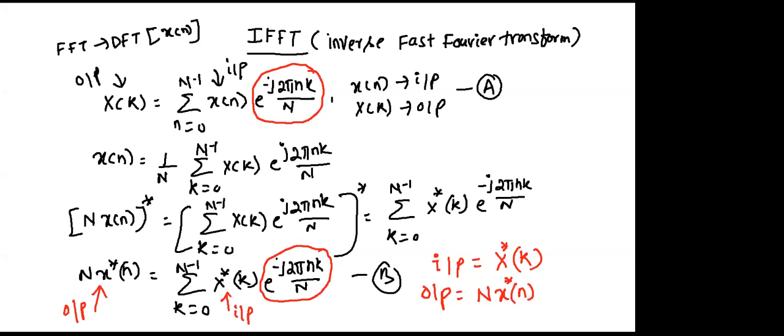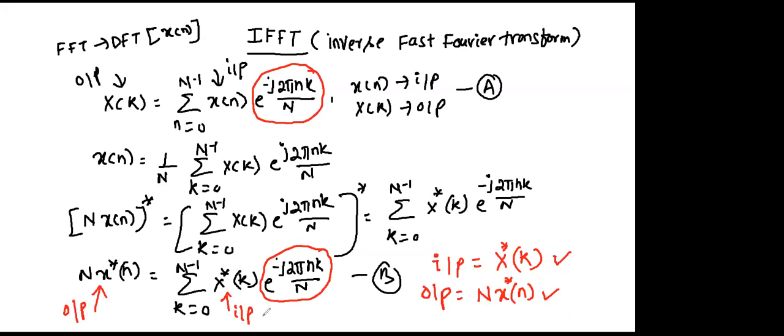Now it's over. How to find the IFFT? Yes, sir. Now what to do? Simple, in your algorithm, replace the input by X conjugate k and the output by capital N x conjugate n. It's over. Yes or not? Rest everything is the same. This is the only variation. If you compare A and B, everything is the same. Only the output and input are the change.